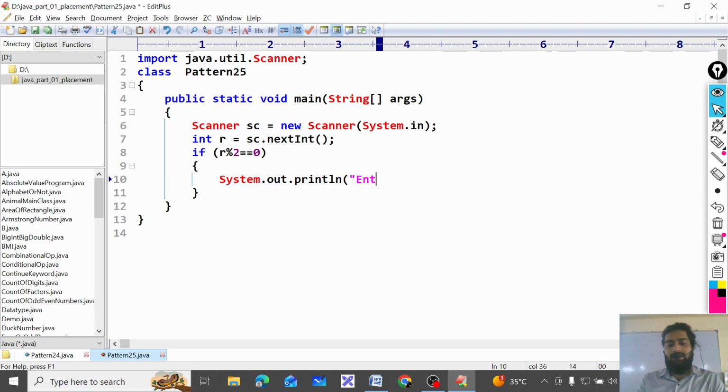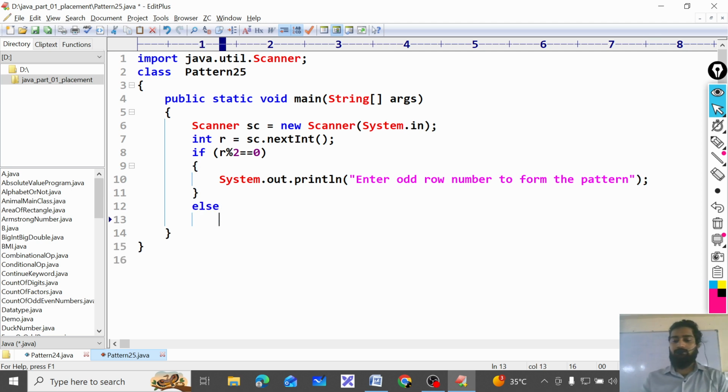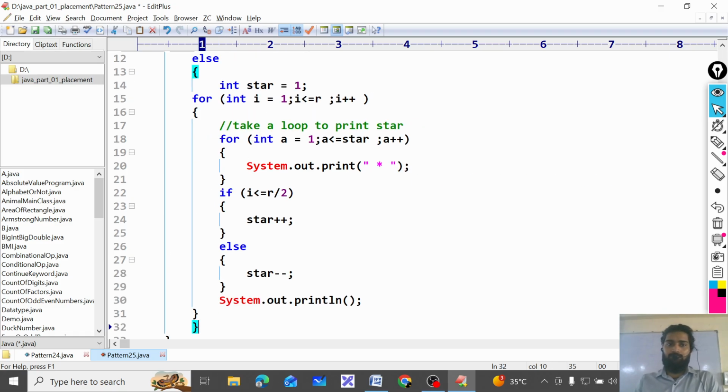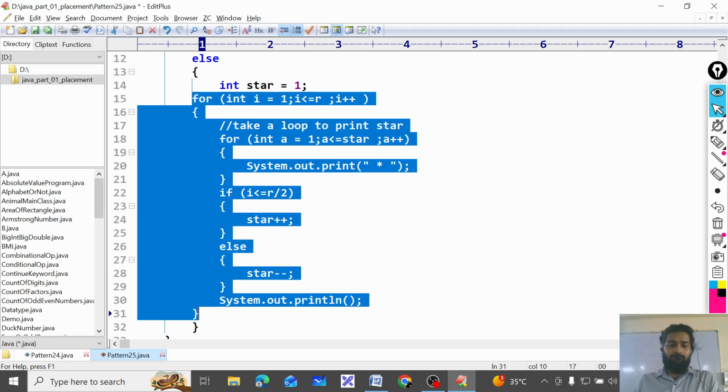System.out.println, enter odd row number to form the pattern. Else, if he has already given an odd number, then I will put my code here in the else block and close it.